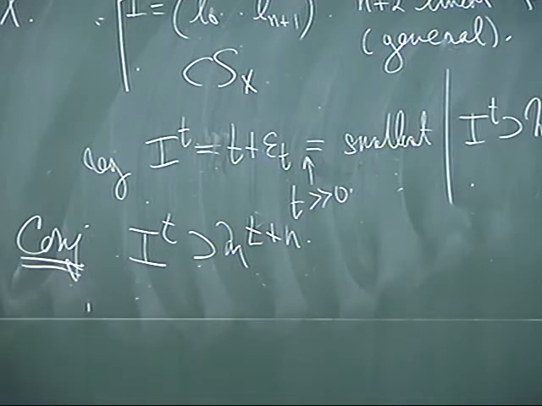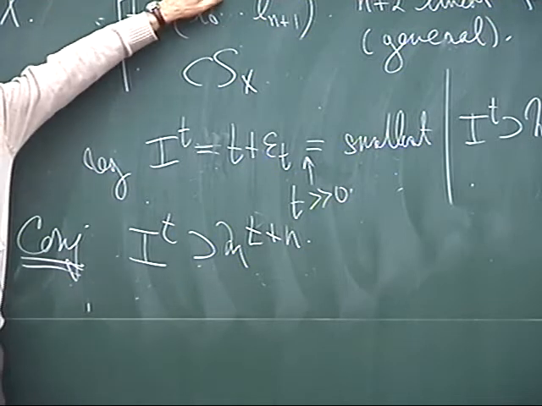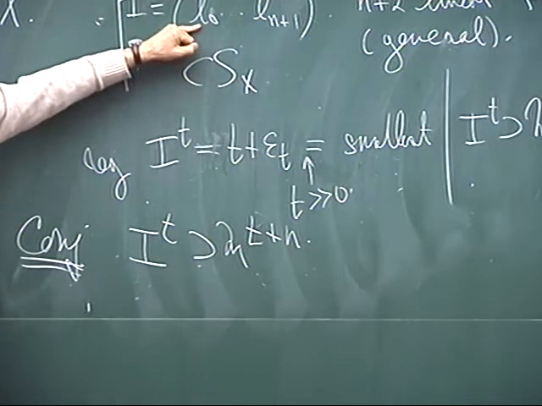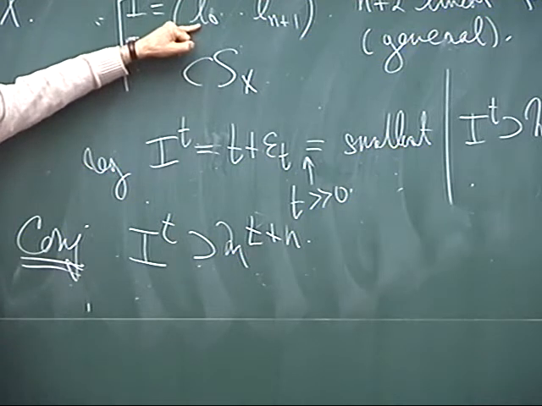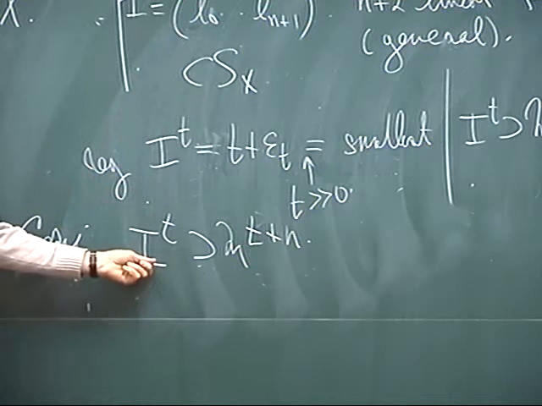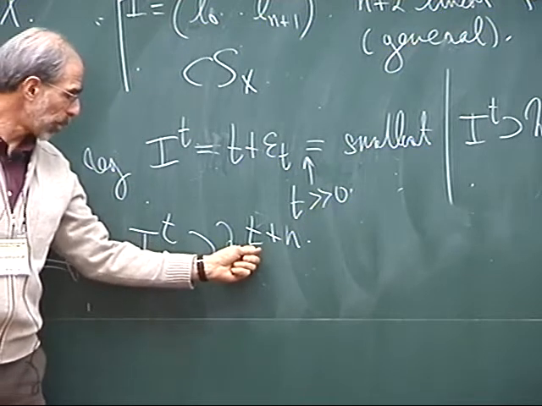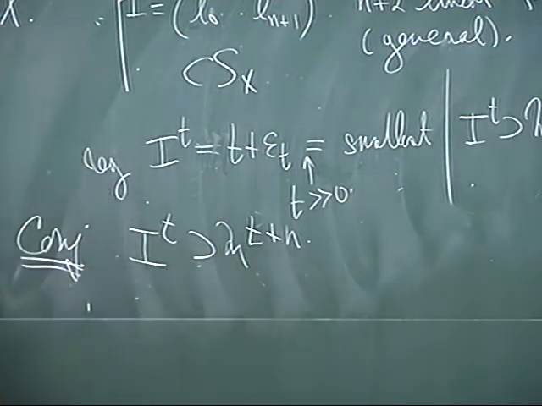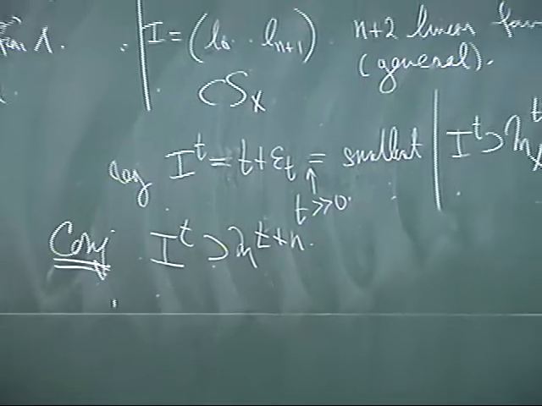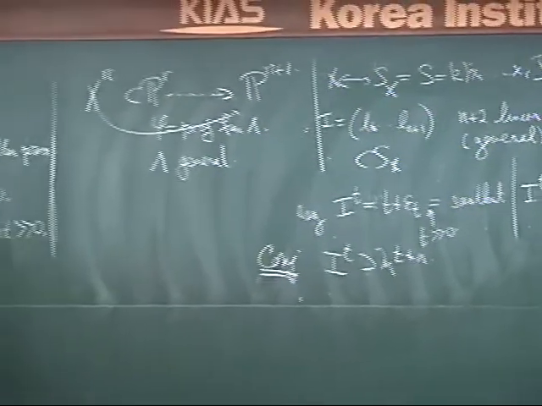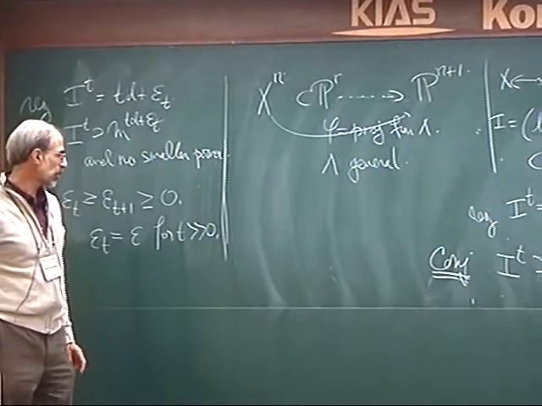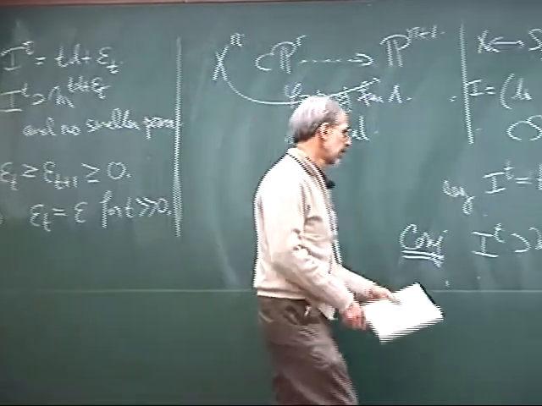Yes, that's right, m to the t plus 1. So for instance, if X is a curve, Sx is two-dimensional, I'm taking 3 linear forms, and the true assertion in this case is that a sufficiently high power of the ideal generated by those linear forms will contain the one higher power of the irrelevant ideal. That's the statement that the image of the curve has only nodes as singularities under a general projection. So this is true